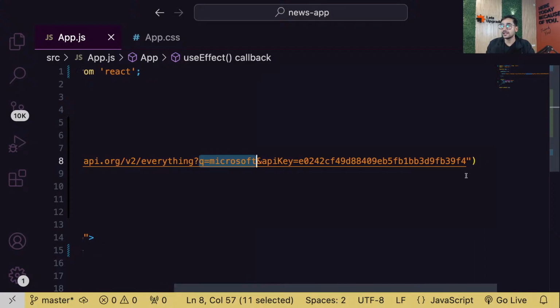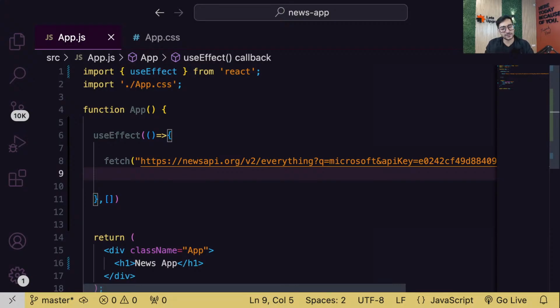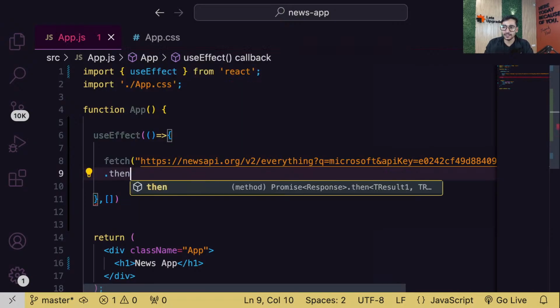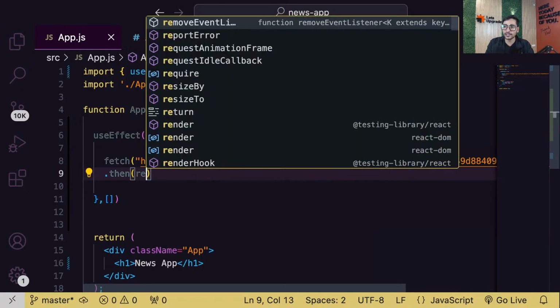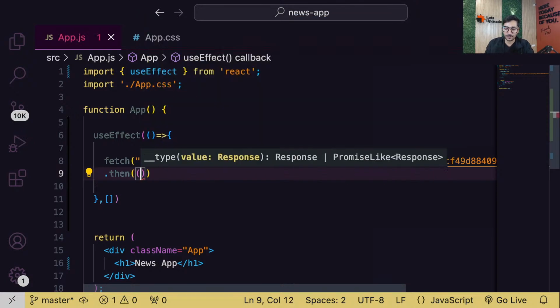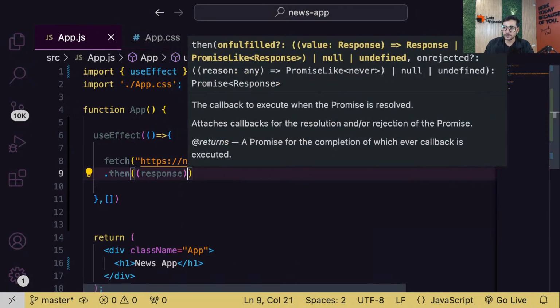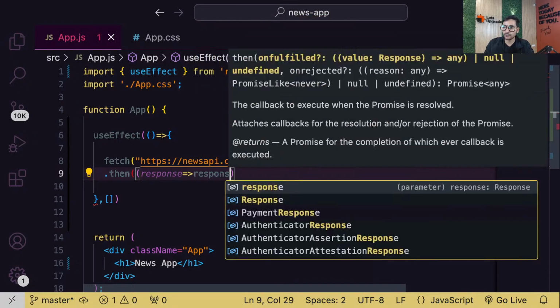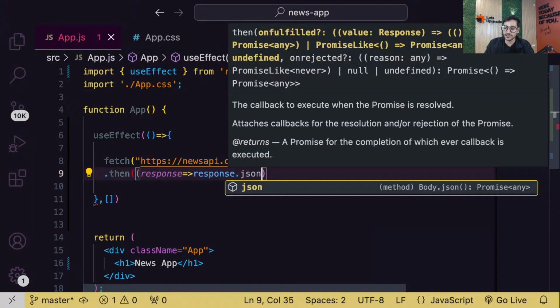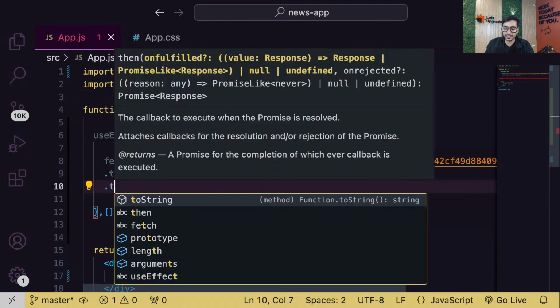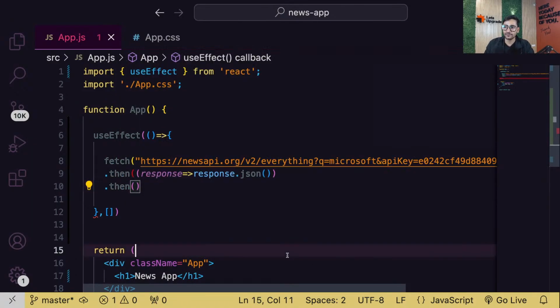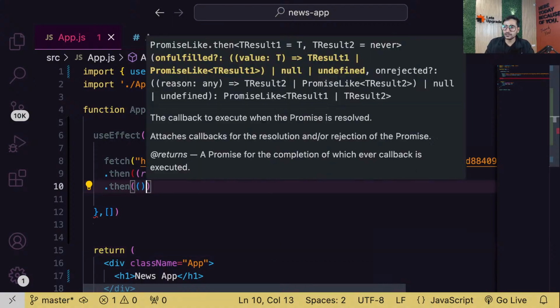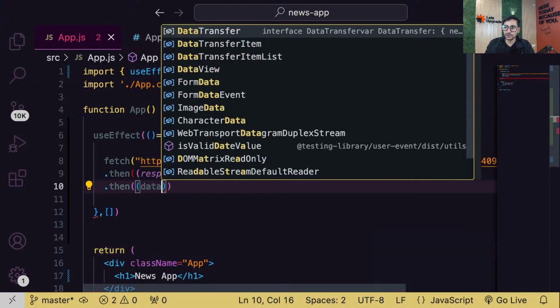Okay, simple. And guys, by default, the request of fetch is GET only. So no need to worry about that. By default, request method is GET. So dot then, inside this you'll get your initial response, which you will return by extracting the JSON out of it. So response.json, which will extract your data. And then in the second then, your data will be available just like a normal fetch. So in here, your data should be available. So data.